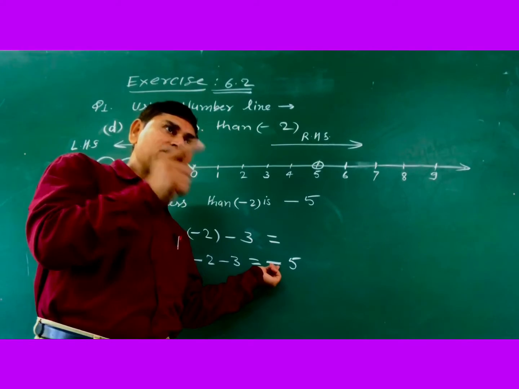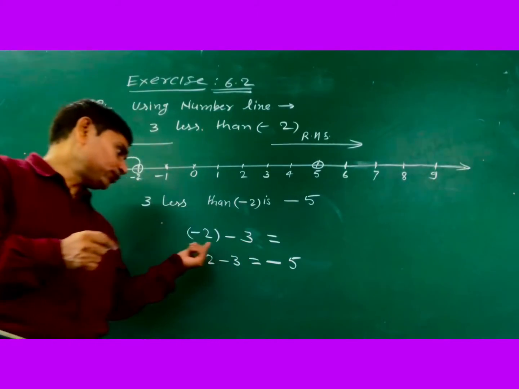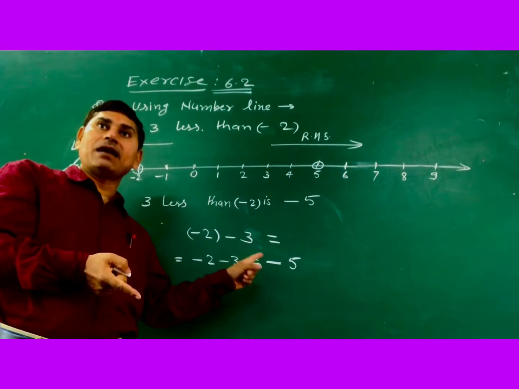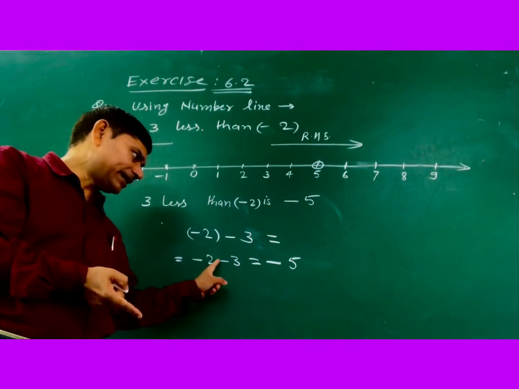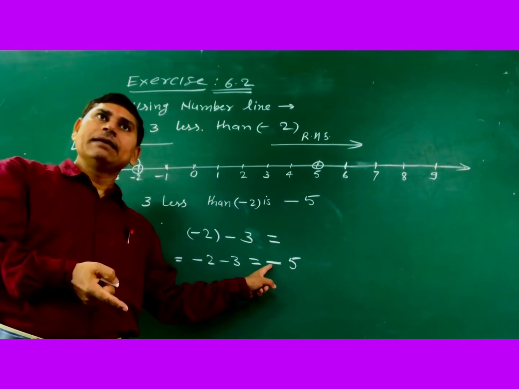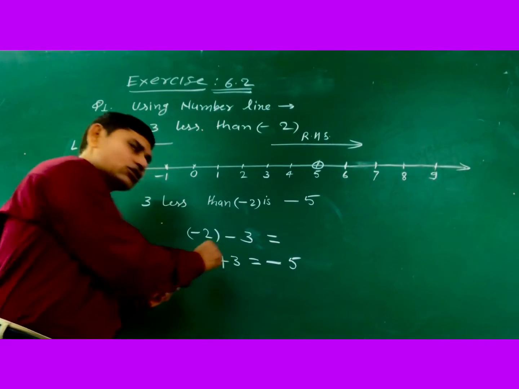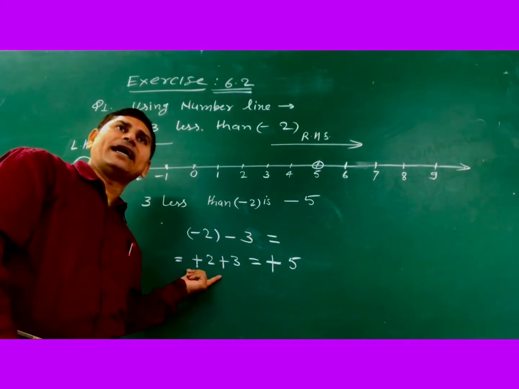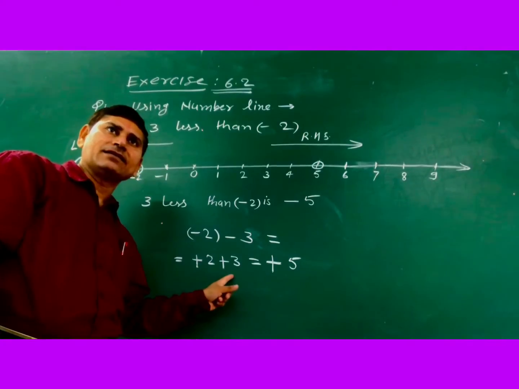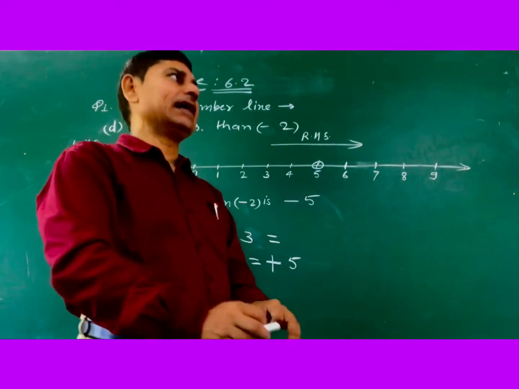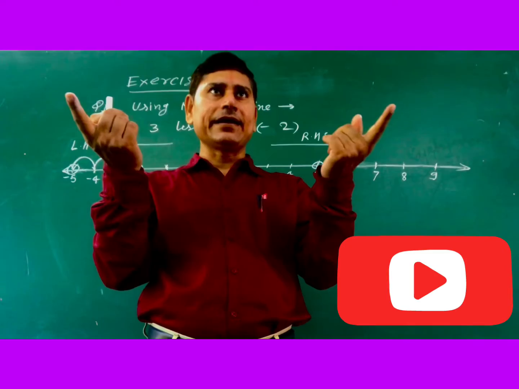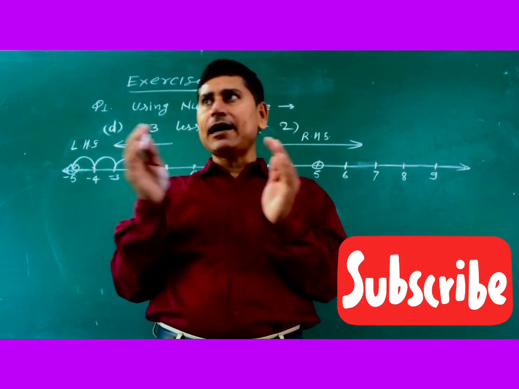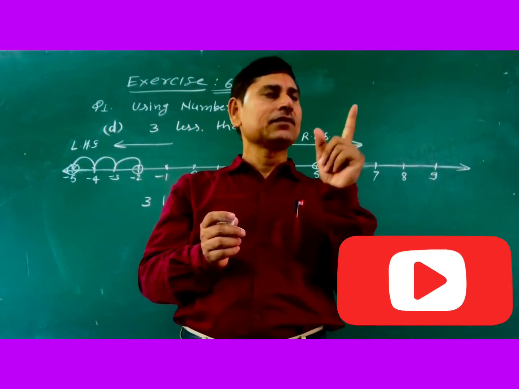So every time keep in mind, remember that if you get the same sign, then you will add the numbers and mark the same sign. That is, here it is minus, so you will mark minus. But if this is plus, then you will mark plus sign, and again you will add, because it is the same sign. Whenever you get the same sign, what will you do? Add. And which sign will you put? Whichever is represented there, whichever you see here. Clear? Yes, sir.